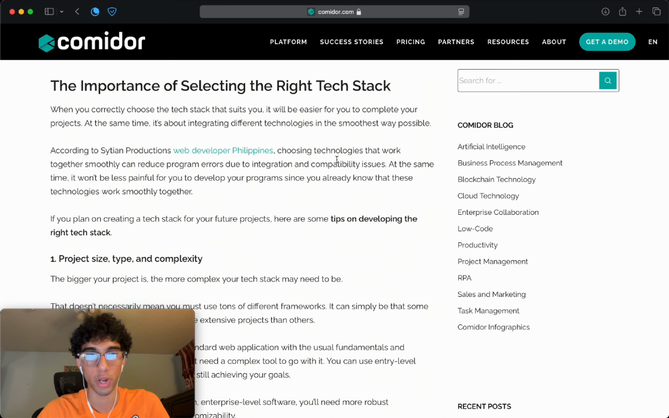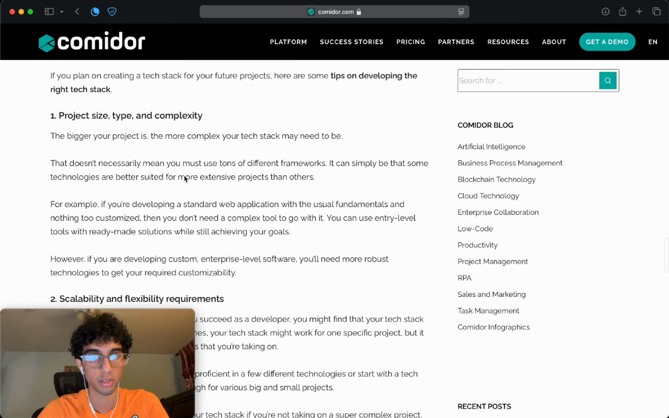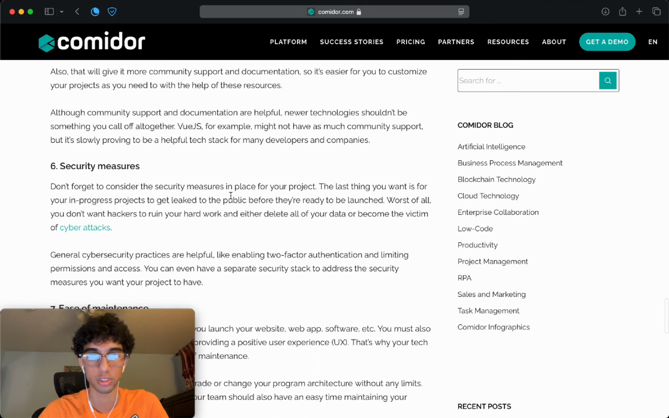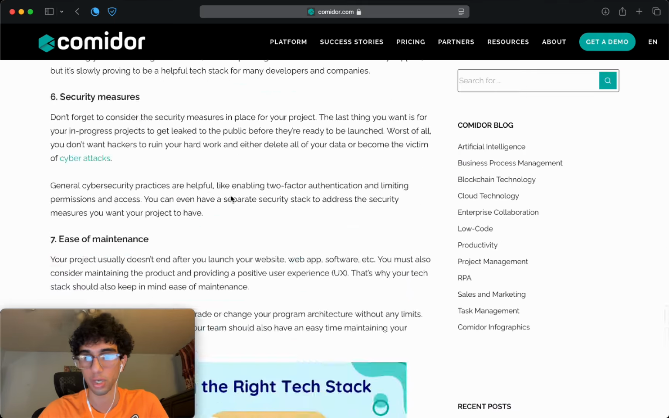Okay, importance of selecting the right tech stack: project size, type, and complexity, scalability and flexibility requirements, cost, time to market, community support, documentation, security, ease of maintenance. Okay, so